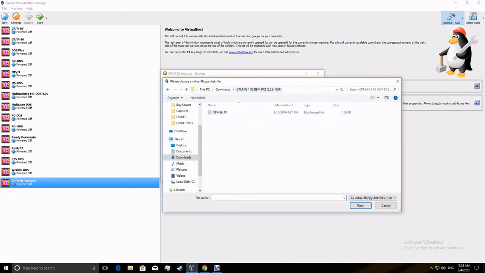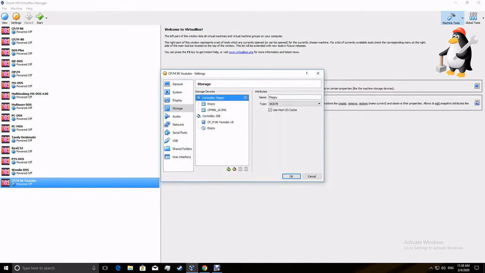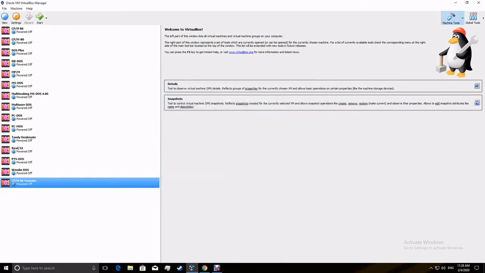Once you get it unzipped by the WinRAR, I put it in my downloads folder. You really don't care, just as long as you can find it. You're going to click that, open, so now it's in there. I personally found issues if you don't delete that. It could be different because I'm on an older VM, because my computer can't handle the newer ones. So you're going to click OK, start, and then,